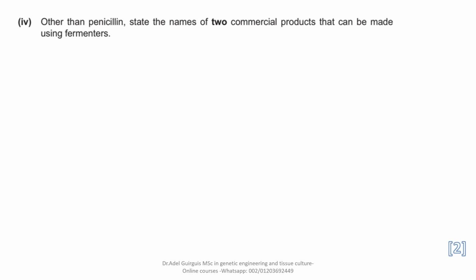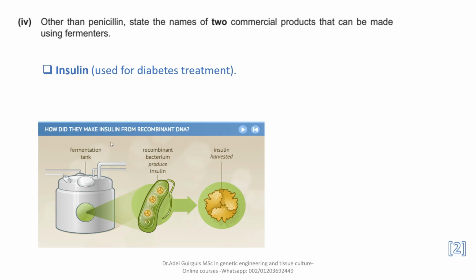Other than penicillin, state the names of two commercial products that can be made using fermenters. Two commercial products can be made using fermenters. We can produce insulin on a large scale, used for diabetes treatment, especially diabetes type 1. Also here we provide all conditions needed for bacteria